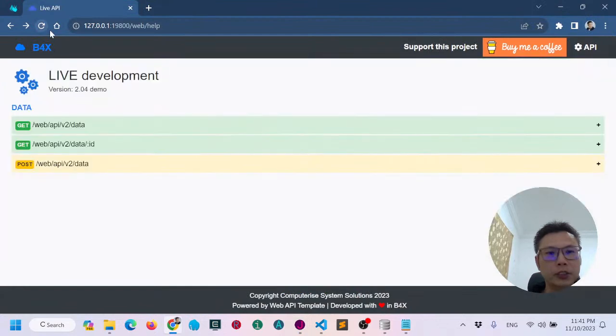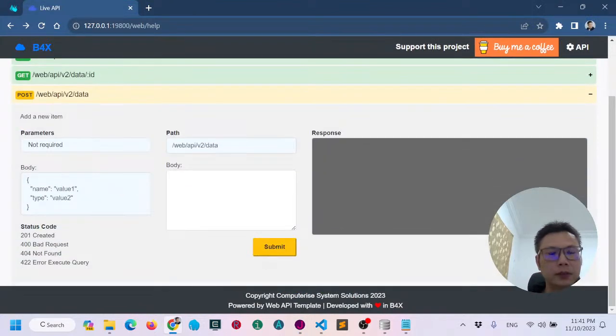So I refresh again. You say the body is like this, and then I copy over here. I see I have the key name and the type. Let's say this one, value is my data 1. Value is 1001. Okay, when I submit,